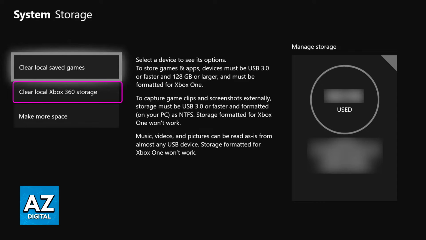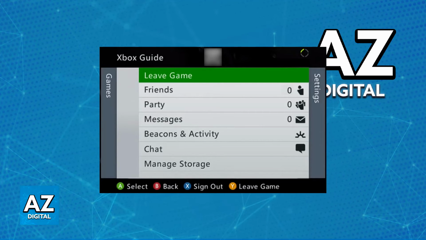And once you try to open any game that requires an Xbox 360 account to function through the old guide, you should be able to sign in to the Xbox account that you want to use without any issues. If this doesn't work, you can try restarting your console, but for the most part, all games that require the Xbox 360 old guide and sign-in process to go through will be able to be played as soon as you do this fix.